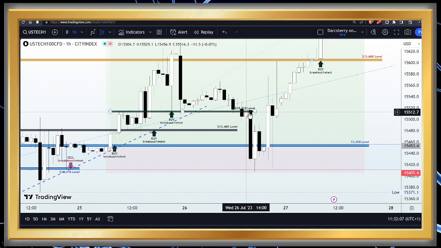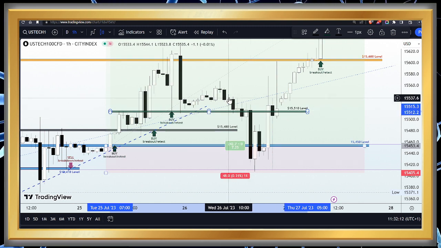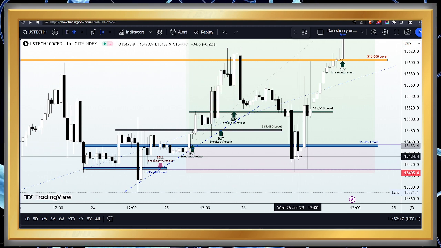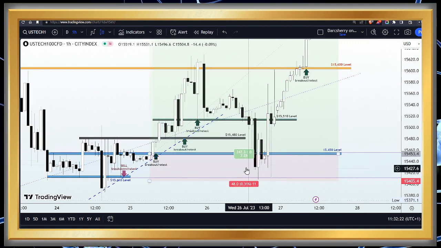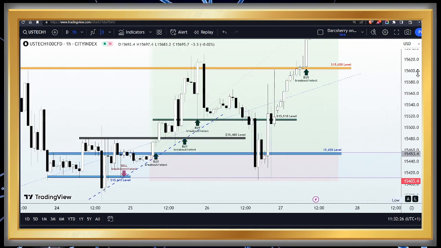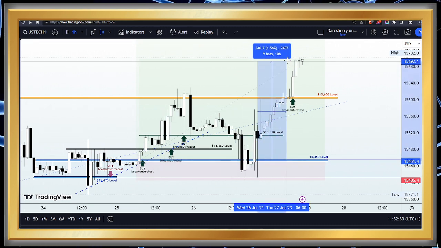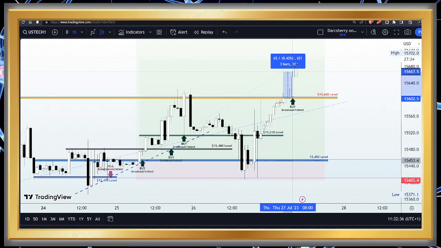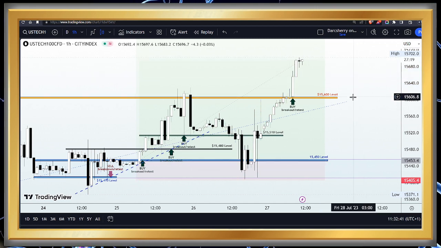Now, during our live session yesterday, we had this level marked out as an area where if price breaks down that structure, we'll definitely want to be looking out for buying opportunities around the zone, which of course happened. And if you had positioned yourself to capture this move, you would have been in a position right now of about, let's see how many pips that is, about 250 pips in profit. And if you had also taken advantage of the breakout of that key level at the 15,600, it will be giving us another 95 pips to add on the previous position.